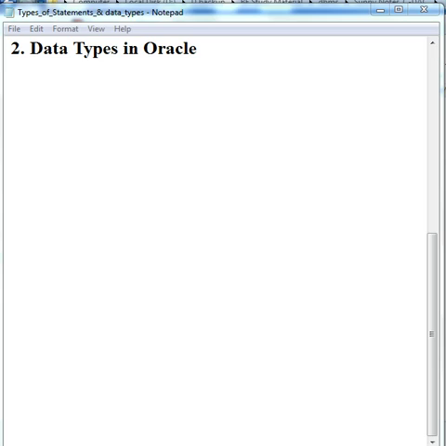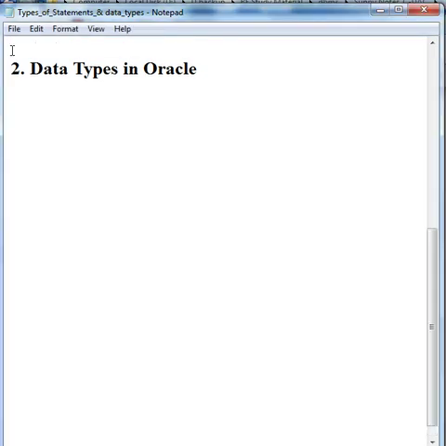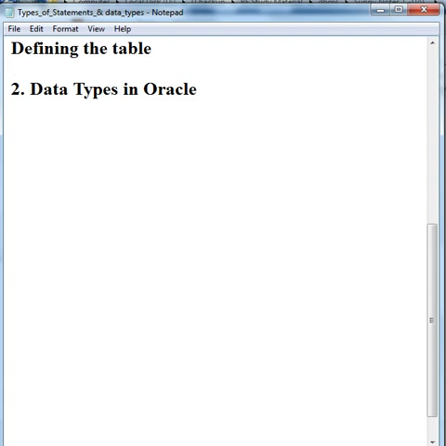Before discussing the data types in SQL, we must know some rules for defining a table. For defining a table, we can use a maximum of 30 characters, meaning the table name can have a maximum of 30 characters.